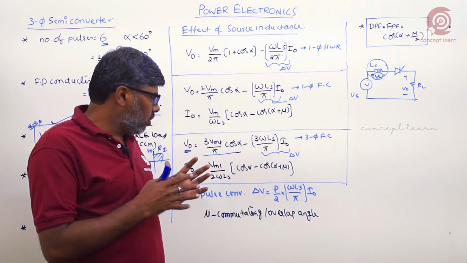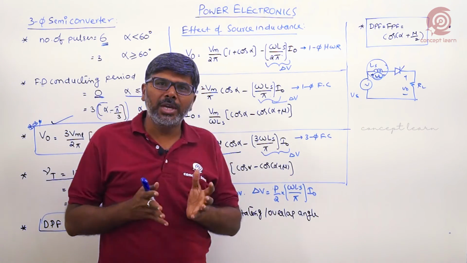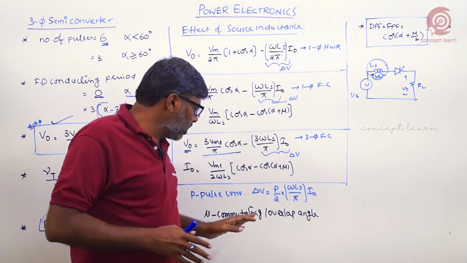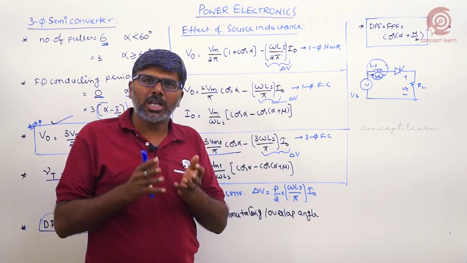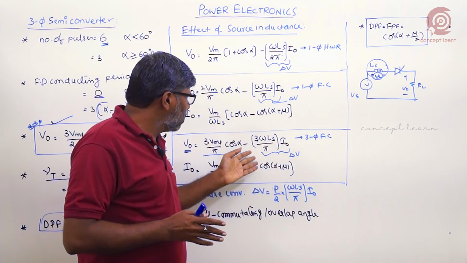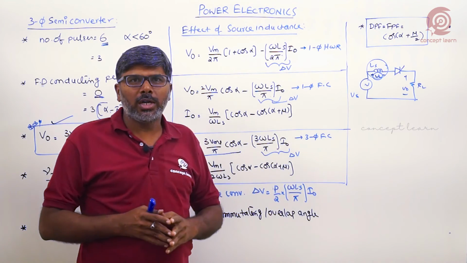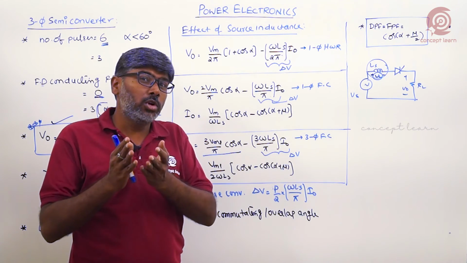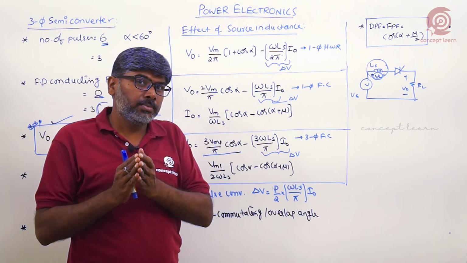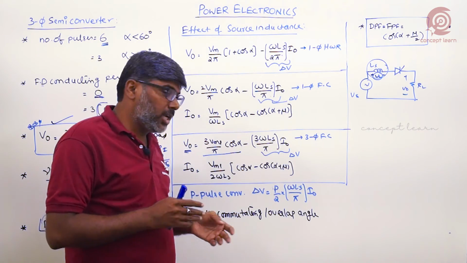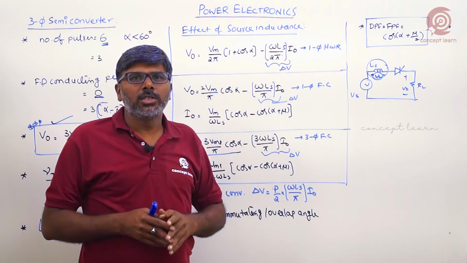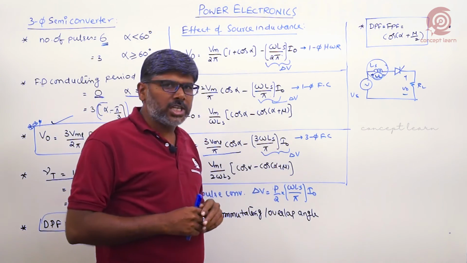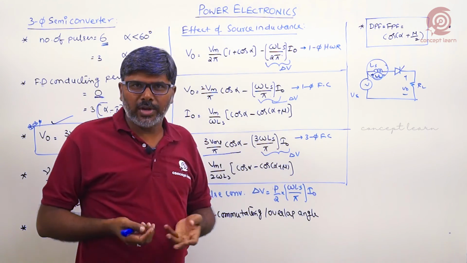What does it do? Why are we getting this lower voltage during this commutating period? Because during this commutating period, all the switches are in the conducting state. When you come to the single phase full converter, all the switches are in the conducting state, so that the net voltage would be 0 for some time. That period is called the commutating period, because of source inductance, so that the output voltage gets reduced, right? And what is Ls? Source inductance. Omega is nothing but the frequency, right?